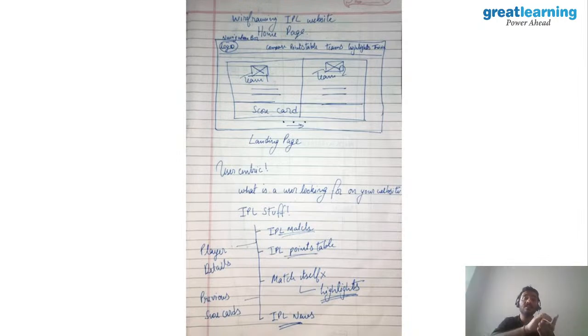First step is you do a small, very quick wireframe on your notebook. And you have to do it very fast. You cannot spend more than 5 minutes making one wireframe. You don't have to spend a lot of time doing this. No, you have to do it very fast. And then you come up with different kinds of wireframes because you have a problem statement that you want to create a social media platform. So to resolve that problem statement, you come up with multiple different ideas. You come up with design one, you come up with design two, you come up with design three. All these three designs will be tested to see which one is the best. So this is how you go ahead with it, right?